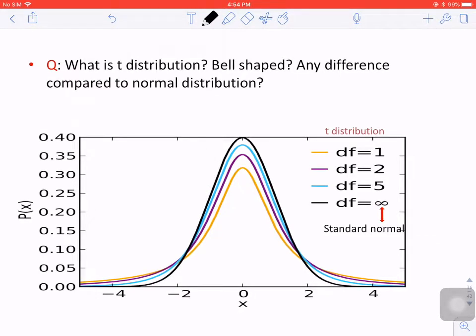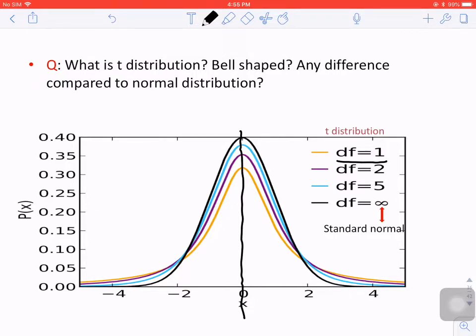Okay, and this is the corresponding PDF of a t distribution. Again, you can probably find this is pretty similar to the standard normal distribution, right? It's a bell-shaped curve, and it's symmetric with respect to 0 as well. But as you can see from the graph, when the degrees of freedom is equal to 1, you